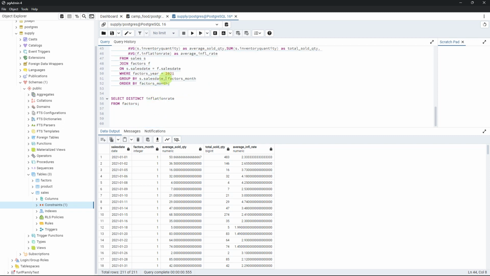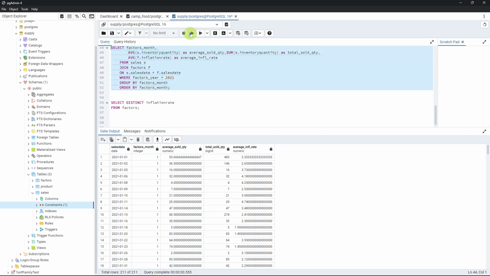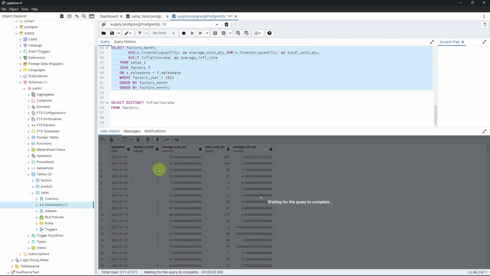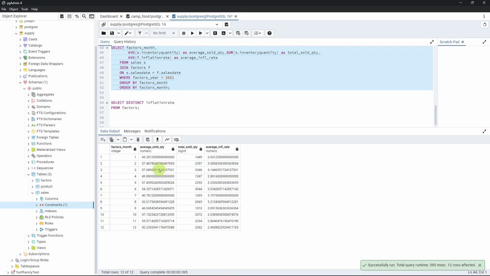I'll remove the group by this, so we have a clearer picture. Cool. So average inflation rate was